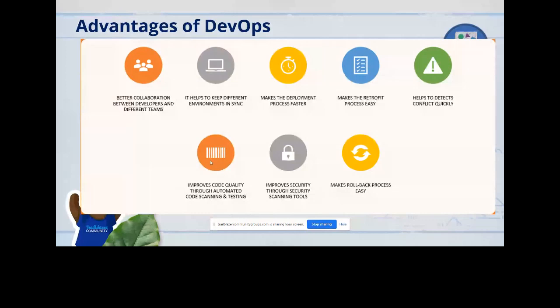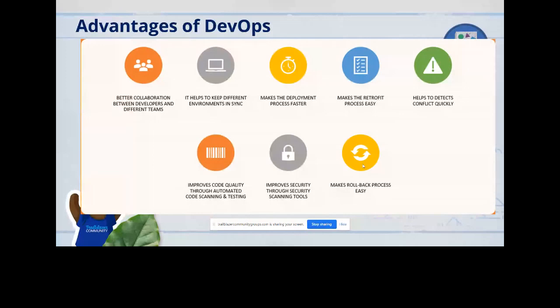And the rollback process also, it's going to make easy. So how will the rollback process be easy? Normally, the chances of rollback will be very limited, and almost all the time we are expecting that whenever we have a production release, it is not going to fail. But in some scenarios, when you are deploying to production, there can be some unexpected issues because of which you need to roll back.